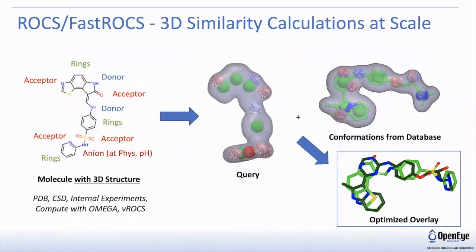These screening collections can then be deployed in massive virtual screening campaigns. For ligand-based virtual screening, OpenEye created an application called ROCS, standing for Rapid Overlay of Chemical Structures, and its faster, closely related cousin, FastROCS, for performing rapid comparisons of molecular shape and features relevant to chemical binding, including acceptors, donors, rings, cations, and more. Scores are typically reported as a Tanimoto combo, which measures the degree to which shape and color overlap